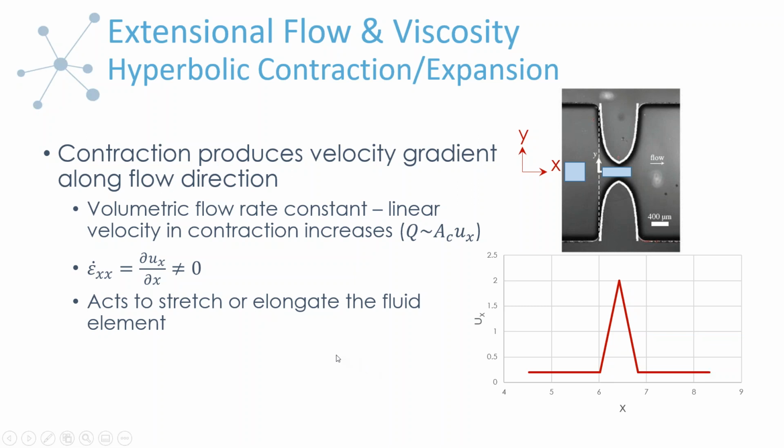So you can imagine, as opposed to the steady shear viscosity where we're forcing elements to slide past each other, now because we have the velocity gradient in the direction of flow, this is going to act to stretch or elongate the fluid element. And so you can imagine that we need a new parameter here because the response of the material can be quite different to those two different types of deformation. If you have a polymer coil, it could just deform slightly or rotate a bit in the shear flow. But if you really have a high extensional rate, then you could really stretch out that chain and get a very different response in terms of this viscosity.